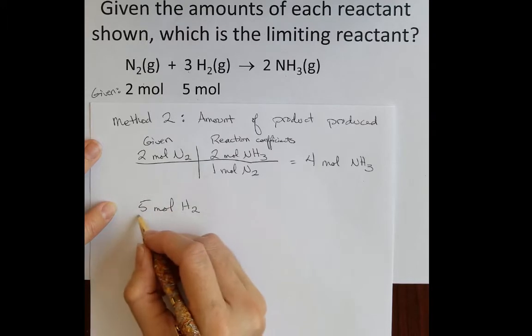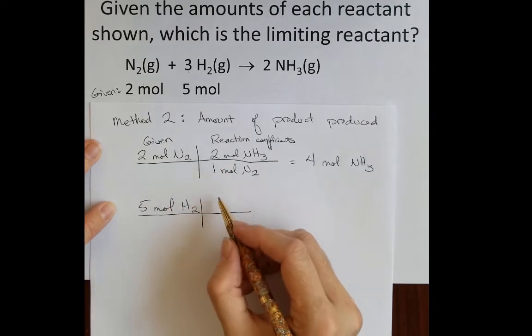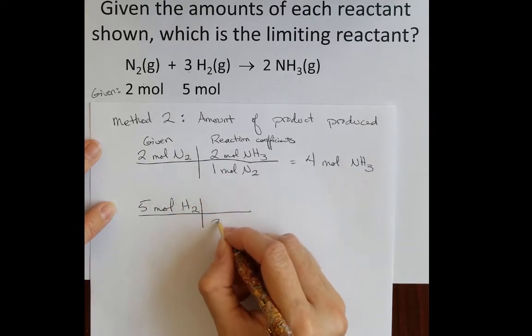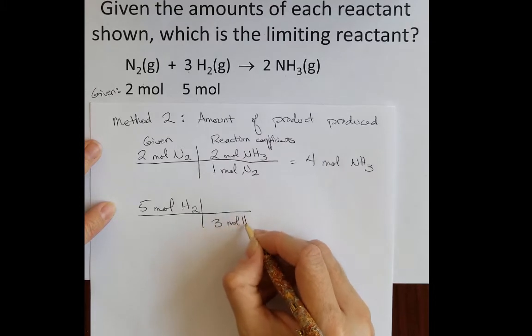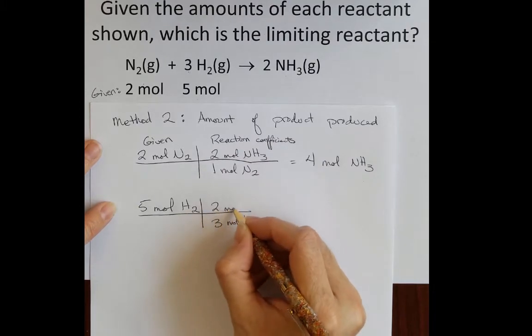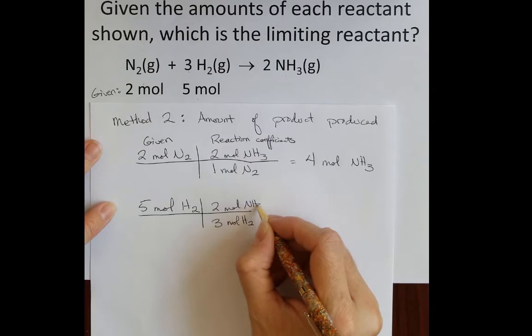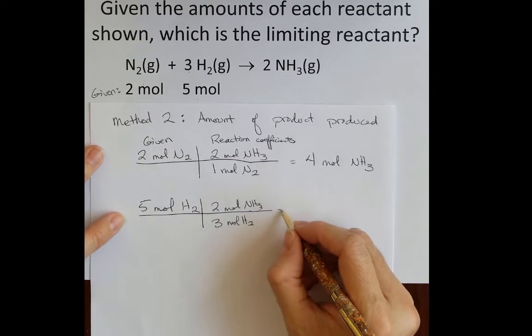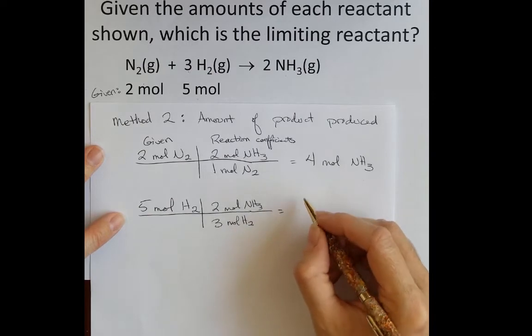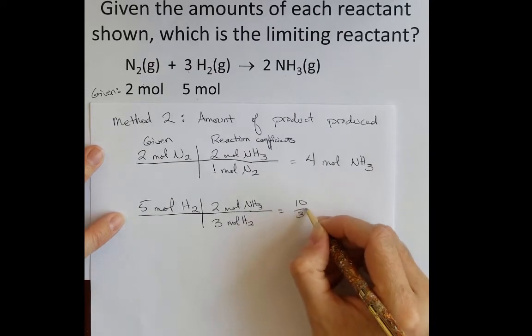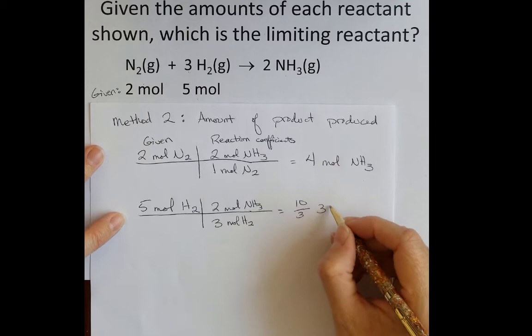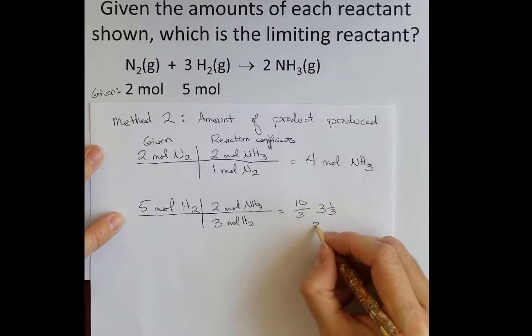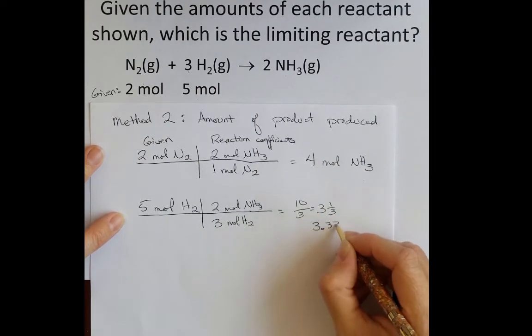So if I take my given moles of hydrogen, for every 3 moles of hydrogen, I can get 2 moles of ammonia. What this gives me then is 10/3, or 3 1/3, or 3.33